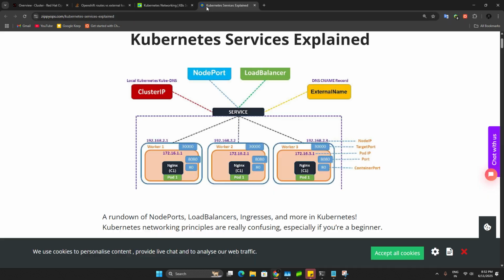Right, that's it. So node port is nothing inside the cluster. Using cluster IP we can access that application. Outside the cluster, that means inside the organization, with the node port we can access the applications.